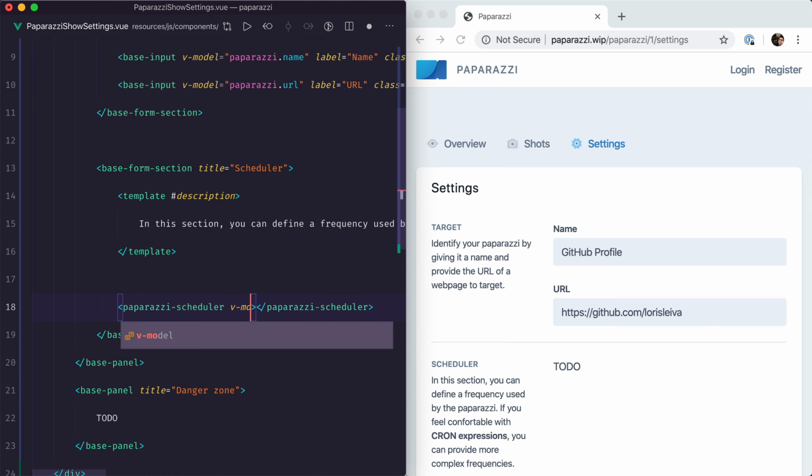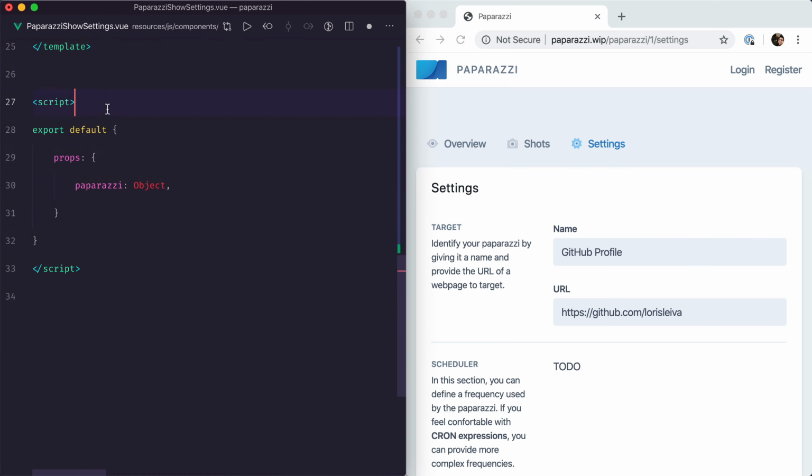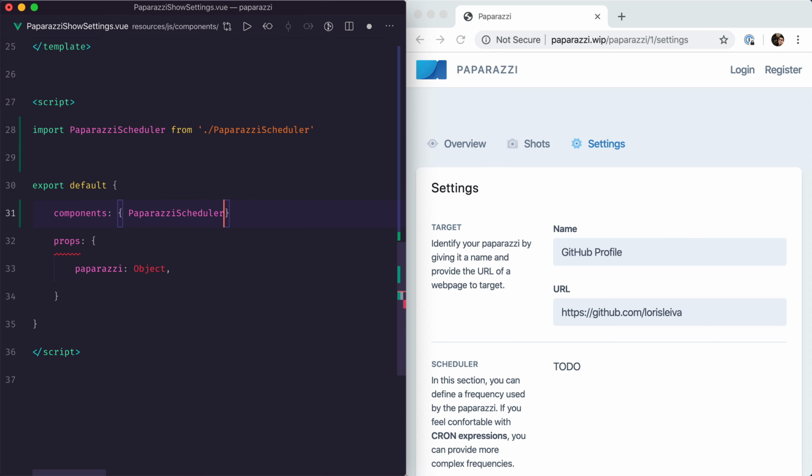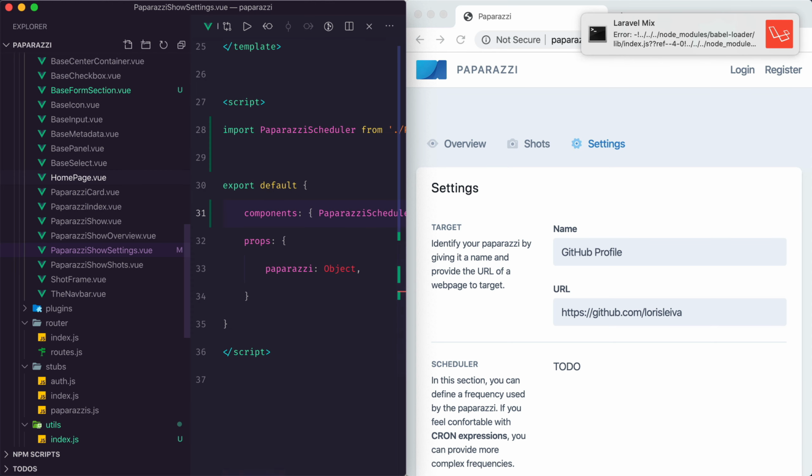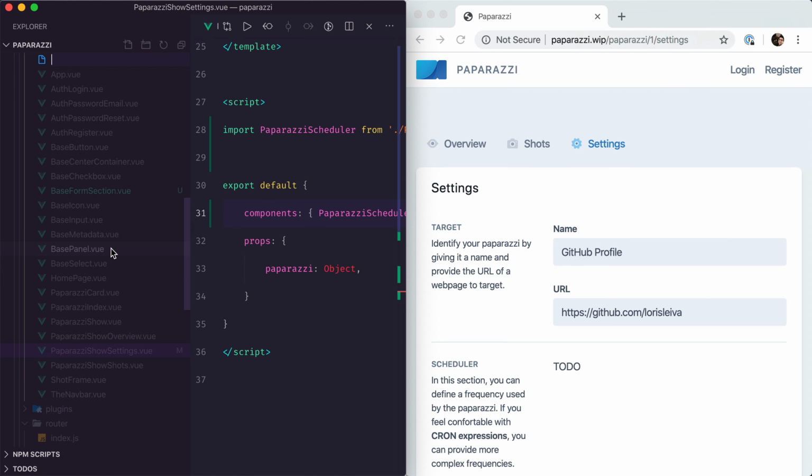And that is going to v-model the frequency of the paparazzi. Now we'll register it down here. And we'll create it in our components directory. So paparazzi scheduler.vue